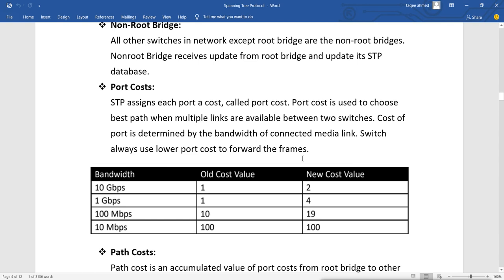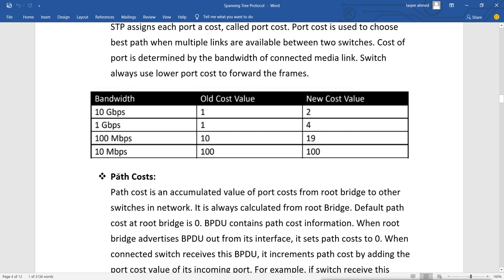So after doing the election and selecting the root bridge, next STP has all the other bridges consider themselves non-root bridges, and all the non-root bridges will try to connect to the root bridge by going through the shortest path, which gives the lower cost, and by that they select the path cost.